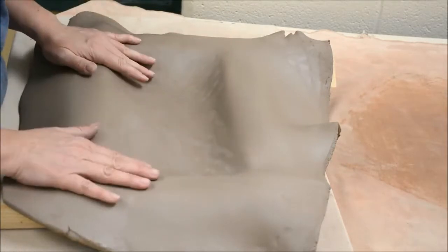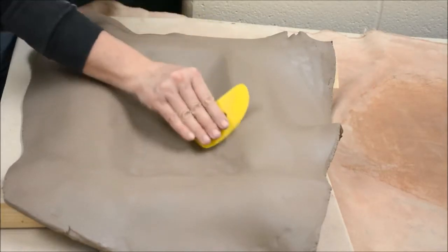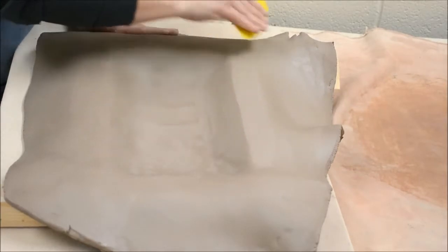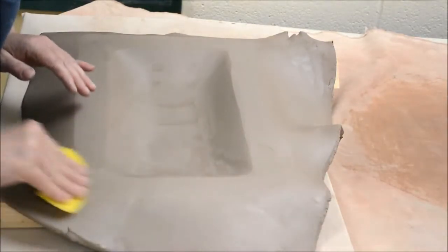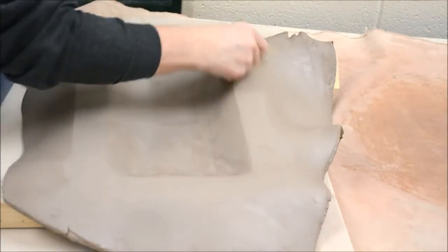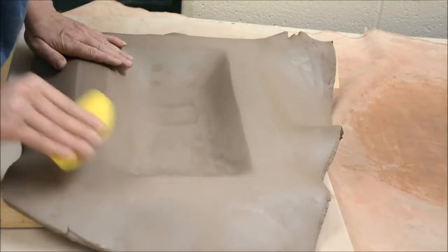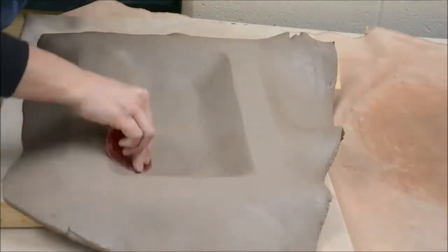So when you go to drape this in, you want to just be gentle with your draping, trying not to create any finger marks. And here I'm just using a little rib to rib down in there. You can certainly create a flat edge up here, like the mold has the flat edge on top. And of course, you could drape this with all sorts of textures. I am going to do something with this later, so I'm not really going to do the textures right now. I'll do another video with that. Once I've eased it into the mold with the stiffer yellow rib, then I'm doing final smoothing with a red